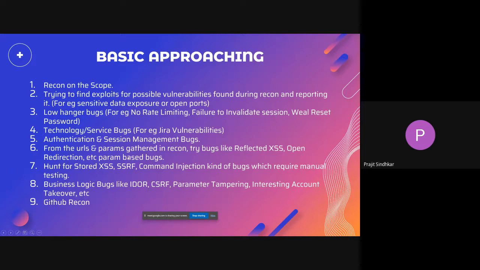Now there are many methods, you also know that you can find reflected XSS via tools, via manual testing, via query balancing, and many different methods are there. So it doesn't matter which method you choose. I generally used to prefer query balancing, the manual method. Then I started using Dalfox.